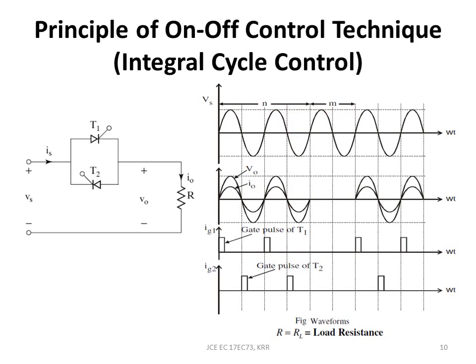These are the waveforms you can see: the input waveform, this is the output waveform, and the output current is shown here. And these are the gate pulses used to trigger T1 and T2. T1 is triggered here during the positive half cycle, and T2 is triggered at the angle pi, and this is at angle 0. The load can be R or RL, though in this case it doesn't matter as of now. The voltage will be as shown in the figure.